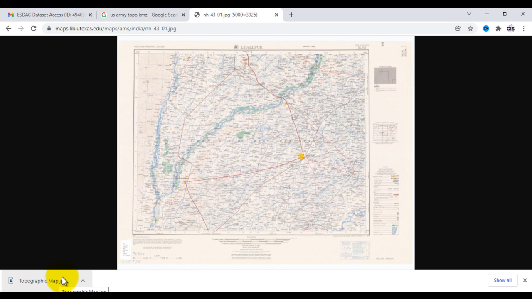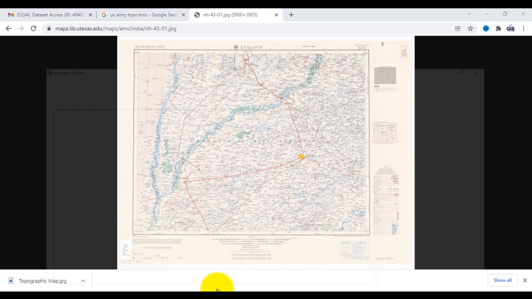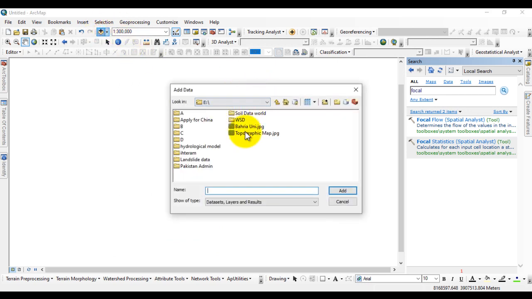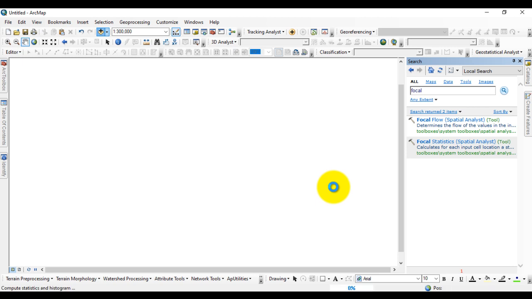Now after that I will add this map in GIS software. So open GIS software. Now go to add data and here is the topographic map in JPG format which I downloaded. Add it.